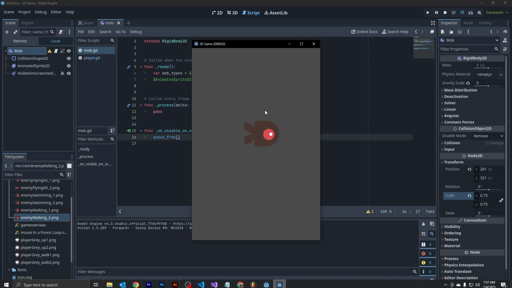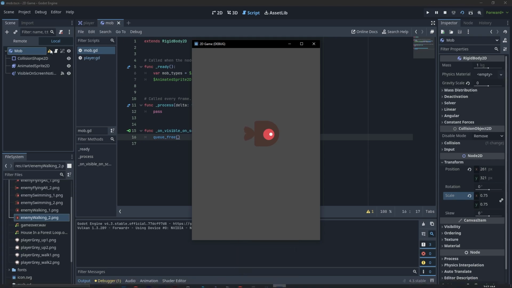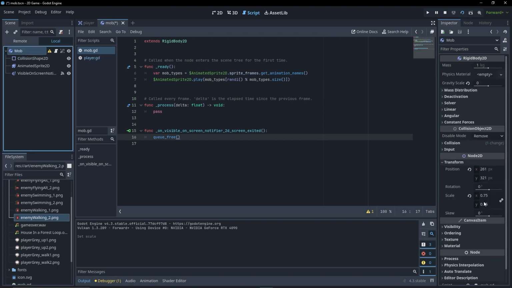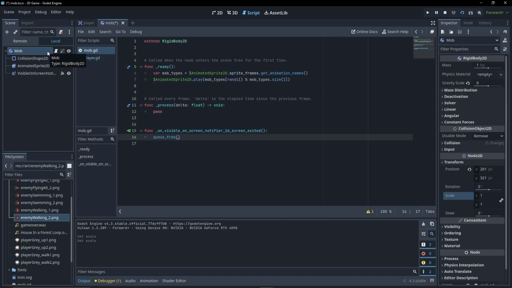So we know that this is what it looks like. This is the size of it right now. But when we do this, we're going to go to collision shape 2D, right? And we're going to do the scale 75%, so 0.75 right there. And then we'll come over here to mob and let's just reset it right here, right? So now the warning goes away. And if we run it again,